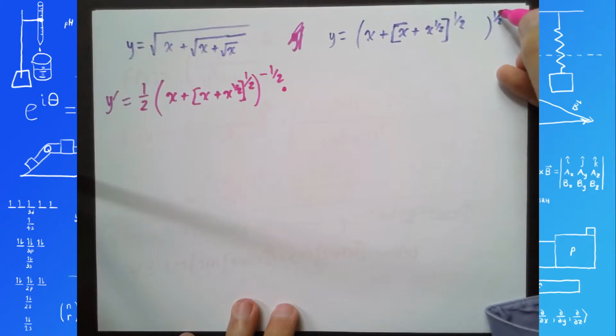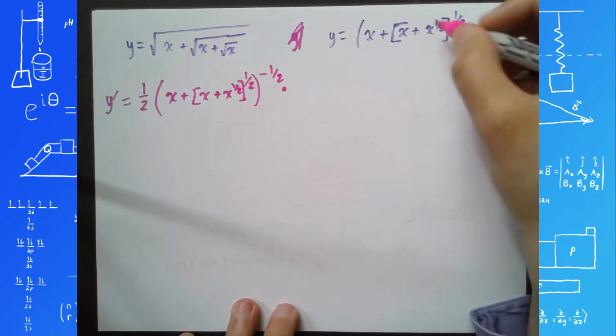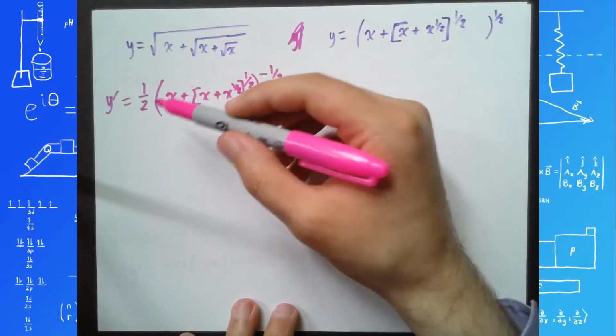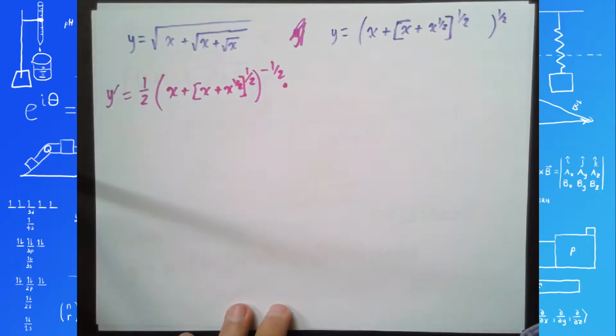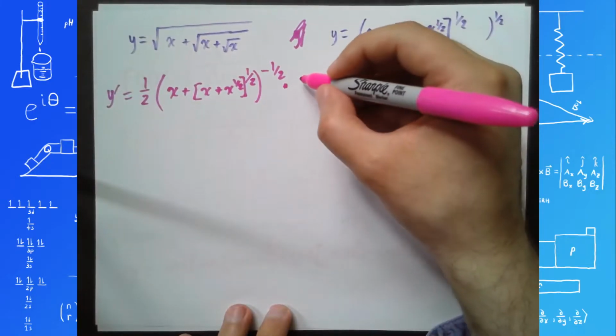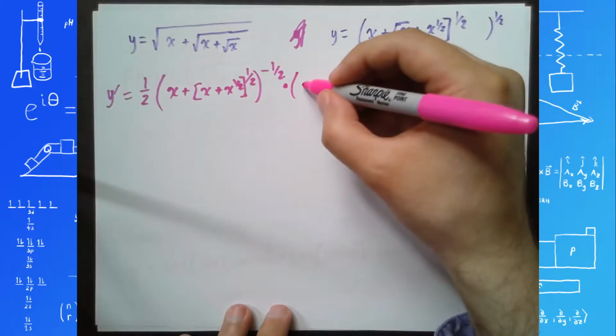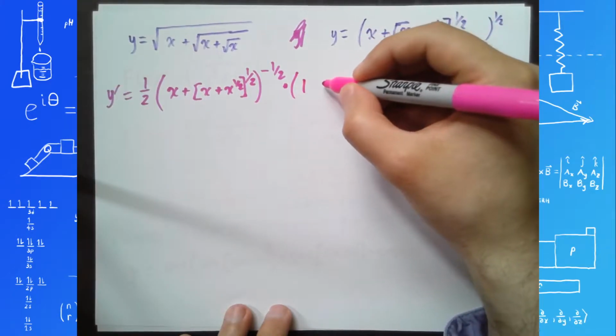So we just worked on the outside part. An expression raised to the 1/2 becomes 1/2 that expression raised to the negative 1/2 times the derivative of the inside. Derivative of x plus this stuff is going to be 1 plus